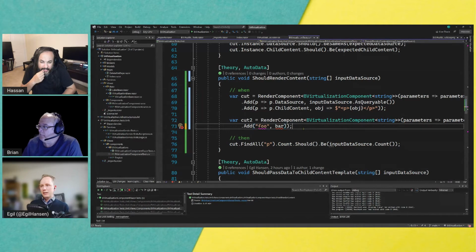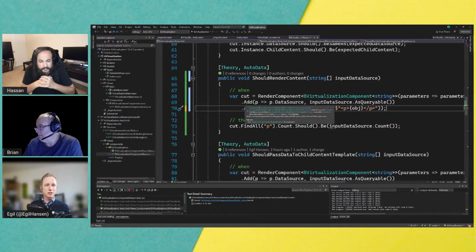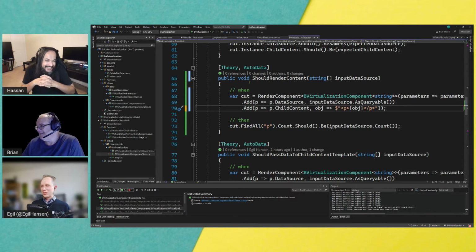So I am actually considering writing an analyzer that will suggest this pattern here, especially compared to the one you were using before with the component parameter factory methods, because that is something that is there for legacy reasons. I couldn't get myself to remove it because I knew people were using it in some places, and also in many places. Yeah. So even though I find this much better, this will also go in and actually double check things like if you select a type that is